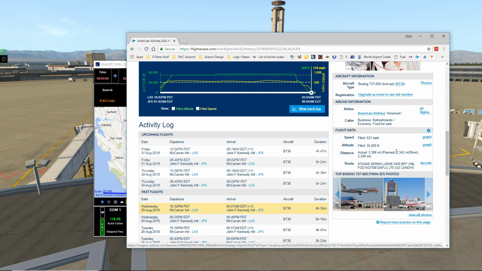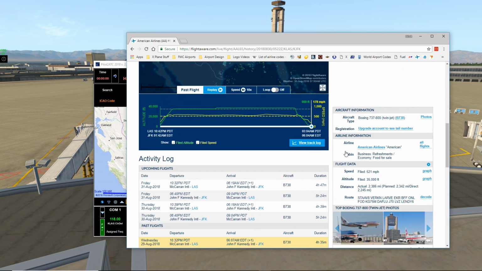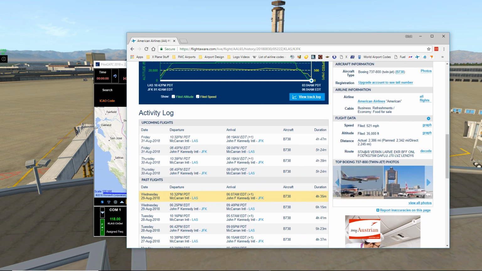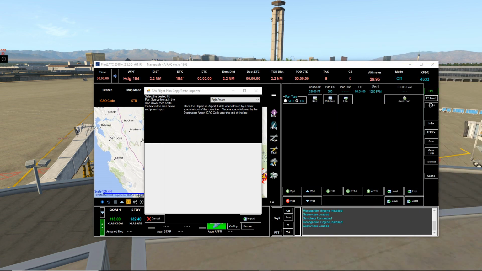So let's say you want to fly from Las Vegas to New York, right? So this is the flight plan that you have. You can just copy this text, copy, and then you paste it over here. Now the only thing